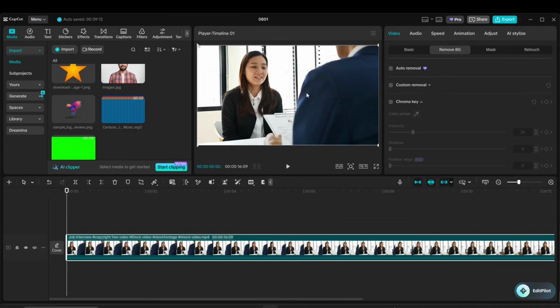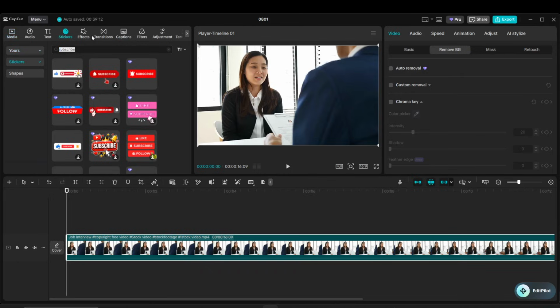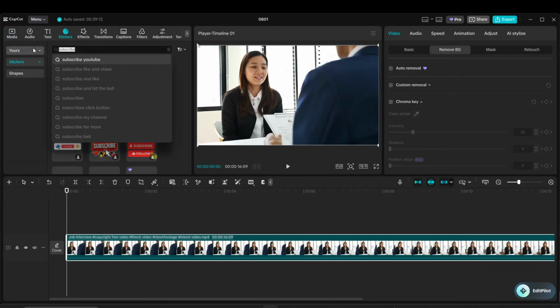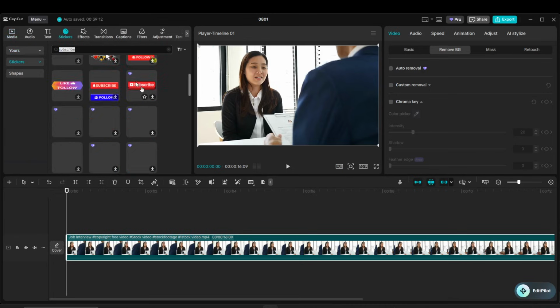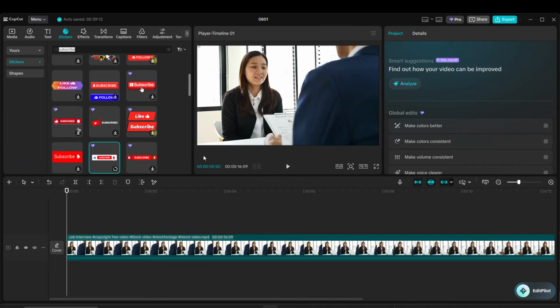and polished. To begin, go to the top left navigation bar and click on Stickers. Once you're there, click the search bar, type subscribe, and press enter. CapCut will show you a range of animated subscribe buttons and bell icons. Take a moment to scroll through and find one that matches the style of your video. When you find one you like, click and drag it down onto track 2 directly above your main video. Placing it on the track above your footage makes it appear as an overlay, which is exactly what you want